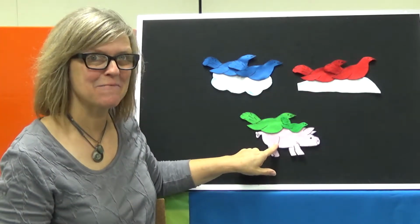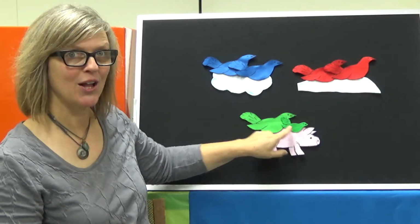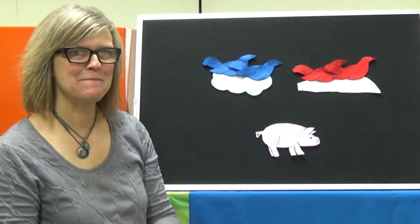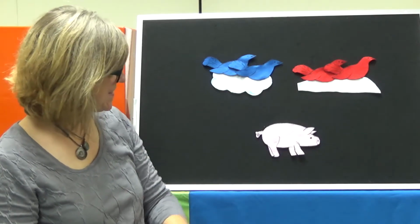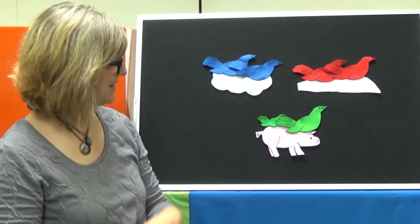Two little green birds sitting on a pig. One named Small and one named Big. Fly away small, fly away big. Come back small, come back big. Two little green